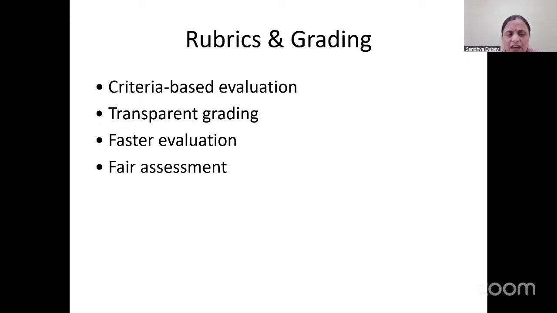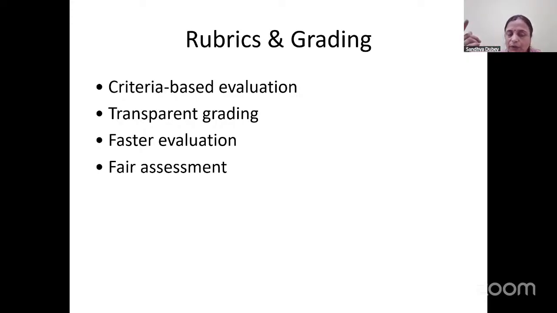We need to be very clear about why you have deducted the marks or why you have assigned the marks. So before scheduling the assignment, clearly mention the criteria on what basis you are going to evaluate each assignment or each program. This also leads to transparent grading. There will be no partiality. You can say that these are the 5 parameters on which basis I'm looking into your program or your application, and if these features are available, then only I'm going to assign you the marks.